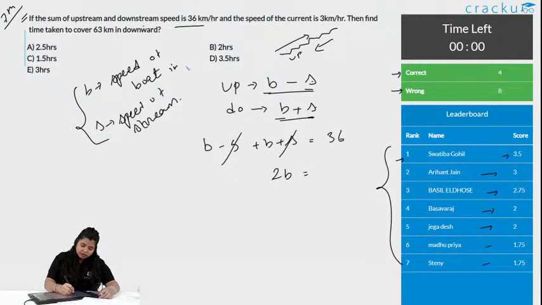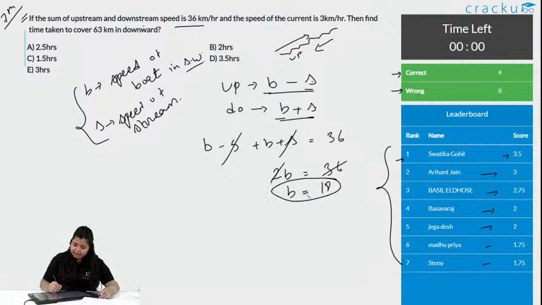Boat in still water, it is 36. So, B is equal to 18. We have the speed of the boat. The other part is saying the speed of the current is 3 km per hour. Then find the time taken to cover